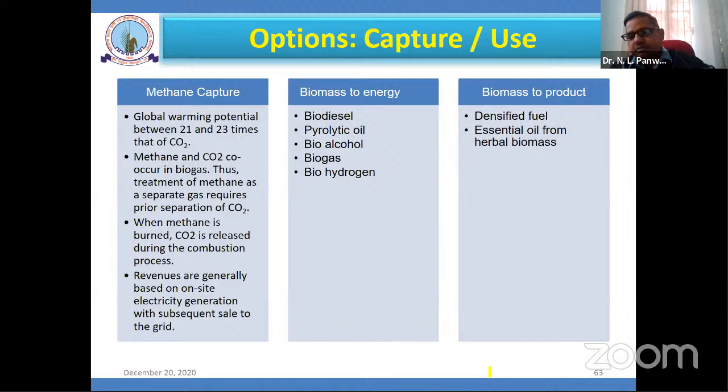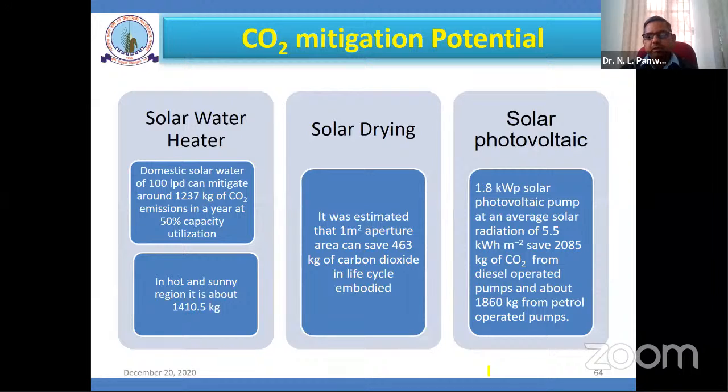So those are all solid products, that is densified fuel, and essential oil from herbal biomass, which we discussed with the hydroliquefaction process and the initial instruction. This essential oil is used in a number of ways. So biomass to bioproduct, biomass to energy, and methane capturing are the options. And if you see the potential of greenhouse gas or CO2 mitigation using